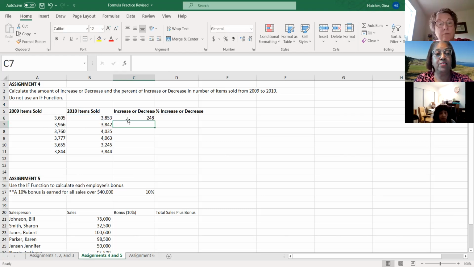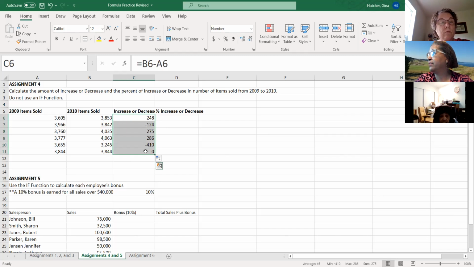So we had an increase of 248 items sold between the years 2009 and 2010. This tells us that we had an increase and we had a decrease. We had 124 less. Now, if you want these negative numbers to stand out, what you can do is you can select, excuse me,